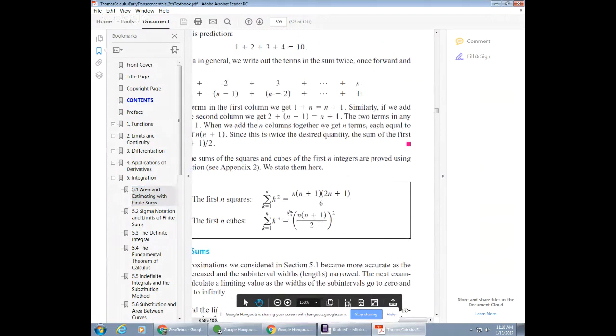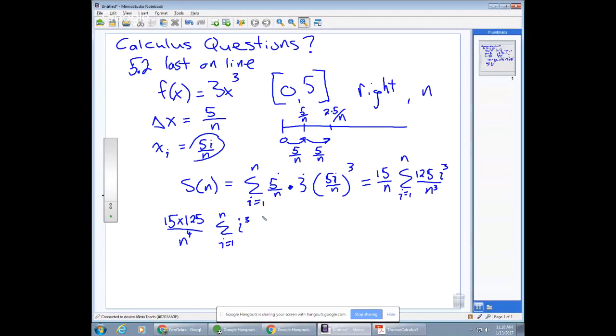Right there. So it's basically the sum of the whole numbers added up but squared. So coming back to my notes here, this is then equal to, we have that 15 times 125 hanging out front over n to the 4th. And then that sum becomes n times n plus 1